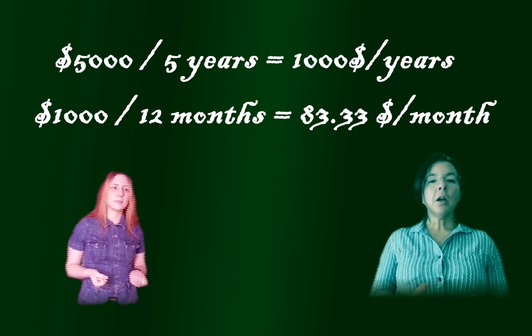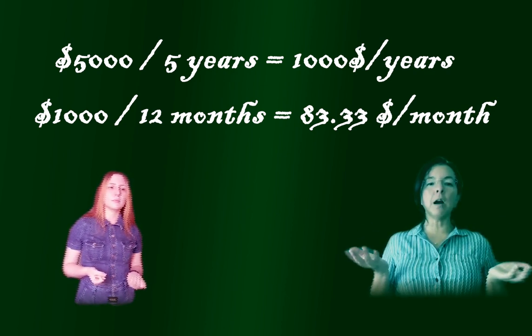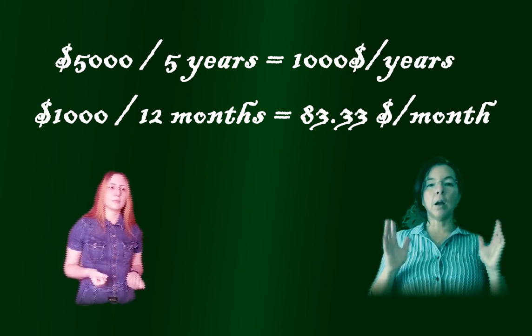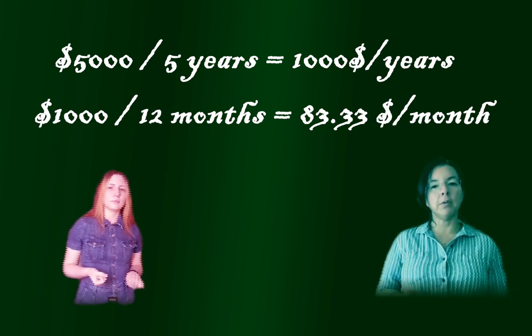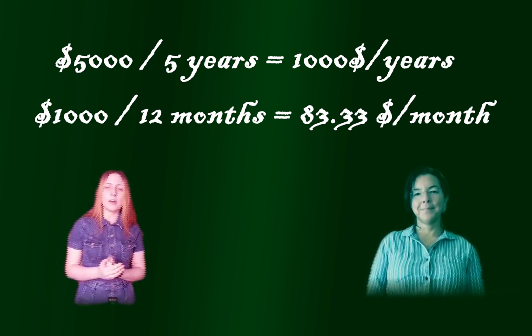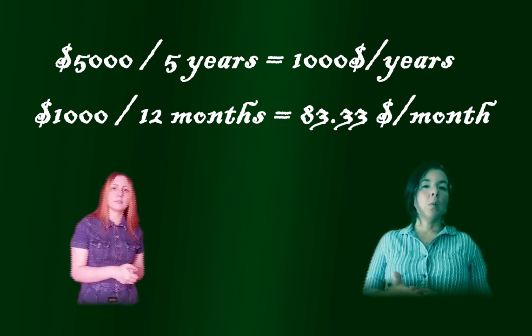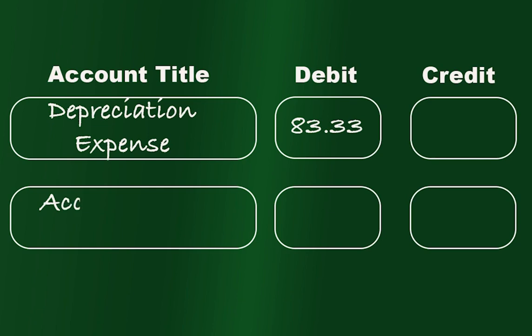Yes, that's good. You are using the straight line method. If you record $1,000 of depreciation each year, if we are doing this monthly, it will be $83.33 per month. Okay, and can you please show me how the journal entry will look like? Sure, it's straightforward. We will debit depreciation expense $83.33 and credit accumulated depreciation